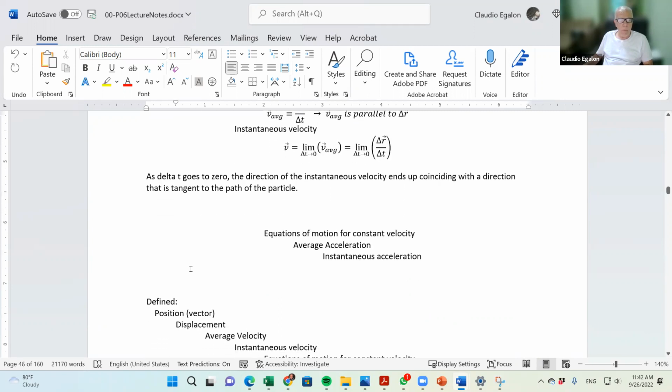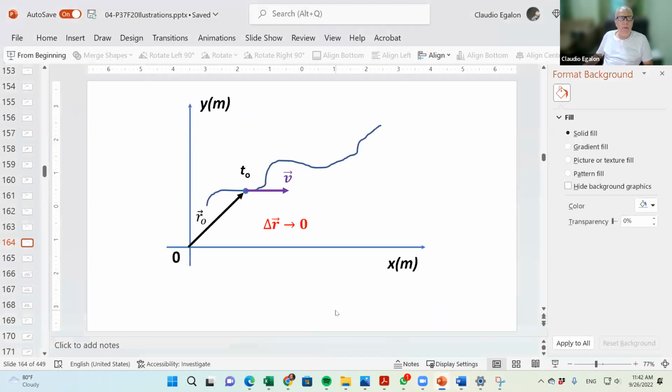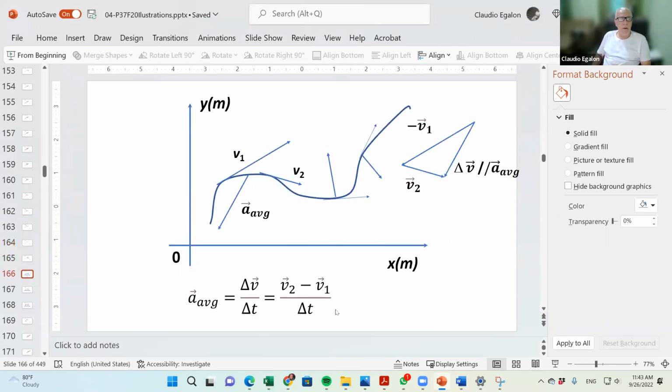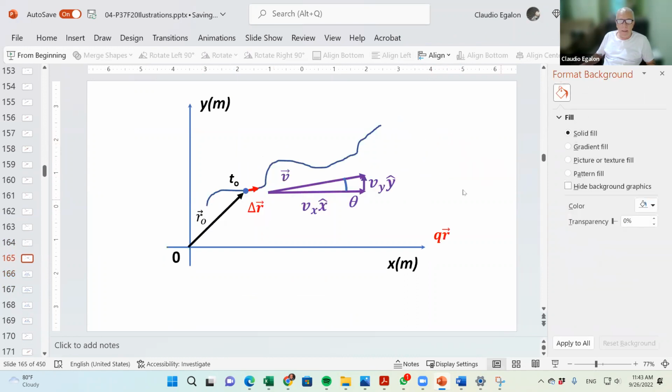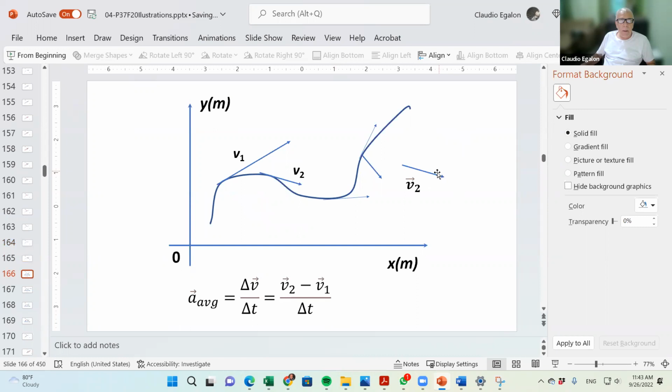11:42. So what about the average? Let's illustrate the different velocity vectors along this path. I'm going to just illustrate the velocity vector. I didn't get to the acceleration yet. Let's eliminate those acceleration vectors here. You don't need that yet. Oh, what did I do here? Yeah, here you go. That's V2. Okay, so here you go.